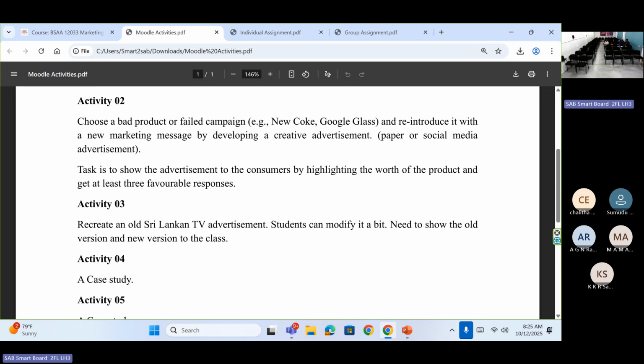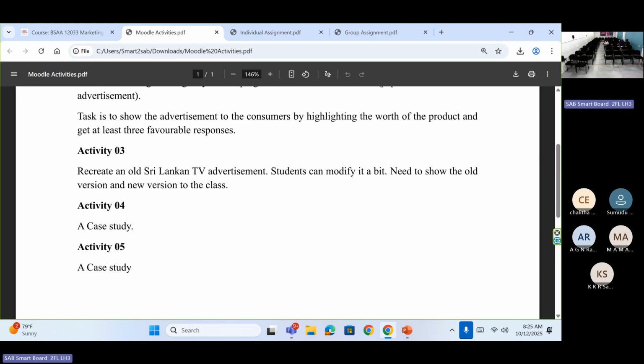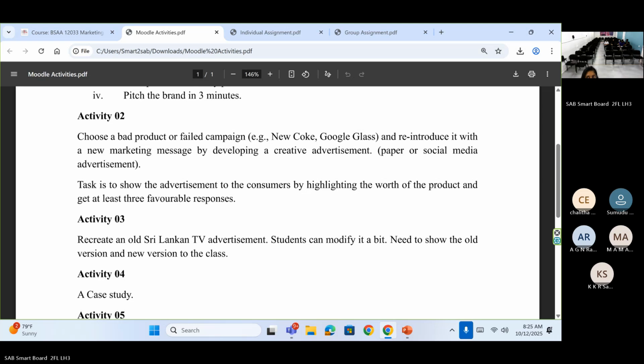And the third one, you just have to suggest how to recreate the TV commercial. You don't have to recreate it. You don't have to do the video. You can just show the TV commercial and then present what things you are suggesting. Right, that's what the Moodle activities are about. And